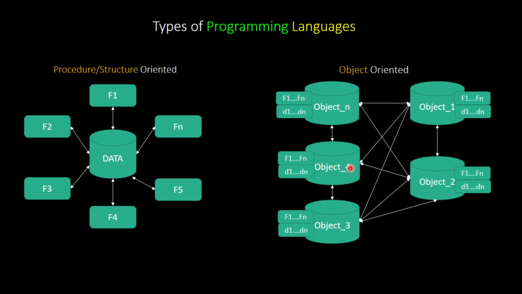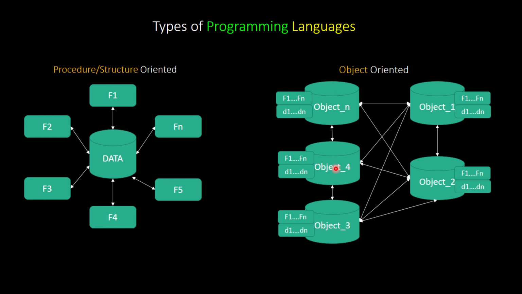Objects are nothing else but a kind of real-time entity which has two main properties. One property is that it should have attached data, and also it should have some kind of functionality. Everything we look around us is totally objects. We can just go on naming them, like the mic I use here. That's an object. The mic's functionality is that it translates my voice into digital data that can be fed inside a computer, or it can be given as analog data to a speaker where you can hear it.